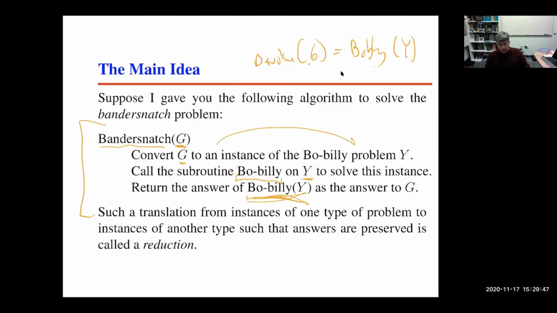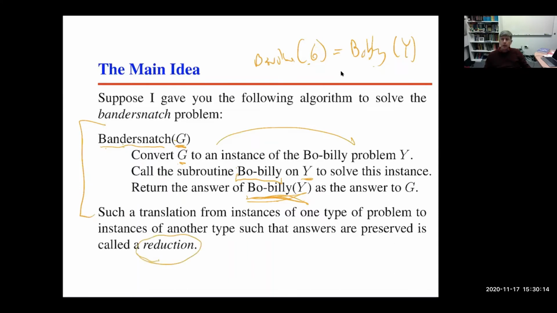If Bandersnatch of G is the same as mobility of Y, then this is a correct algorithm, because the answer of Bandersnatch of G is mobility of Y, and that's what I'm returning. Okay? Any questions about this algorithm? An algorithm where we translate one problem into another is a special type of algorithm we're going to call a